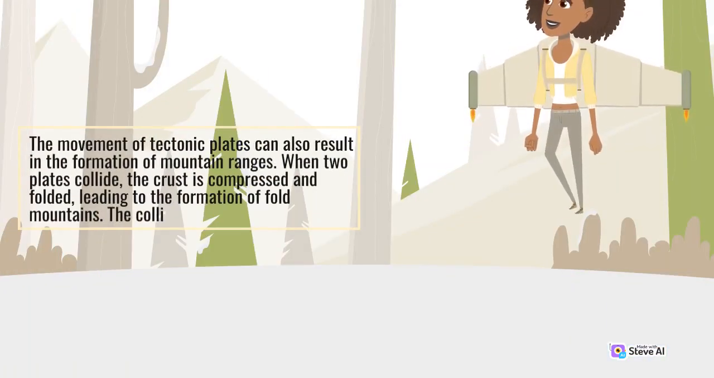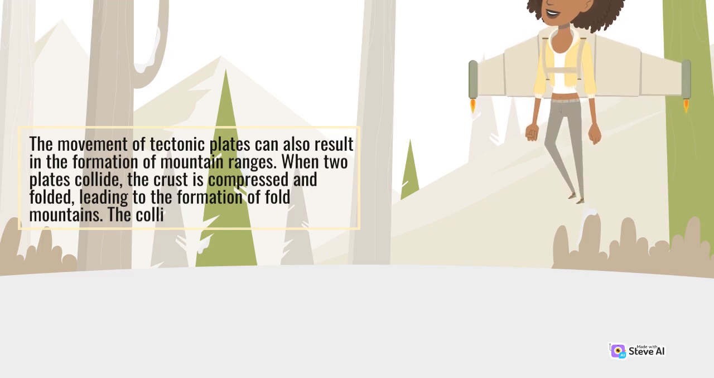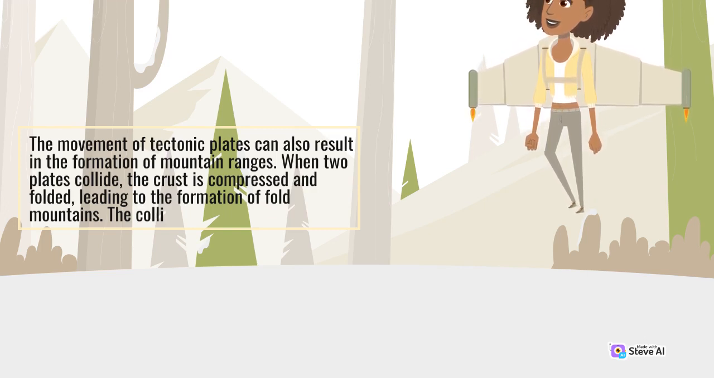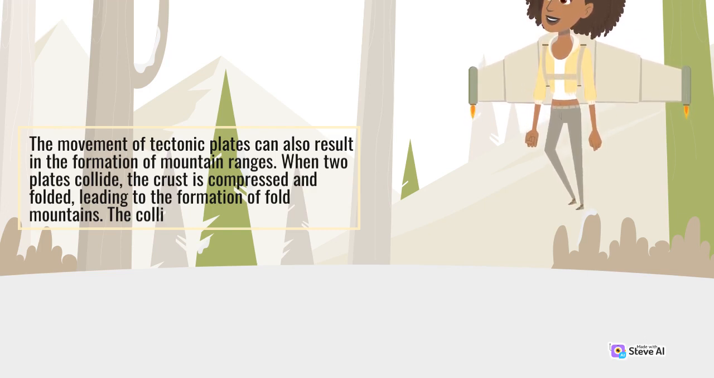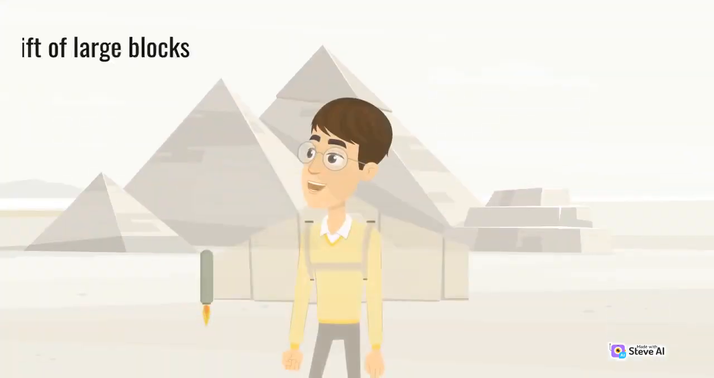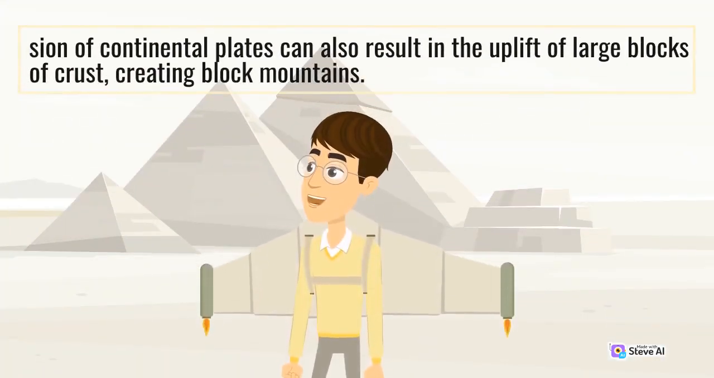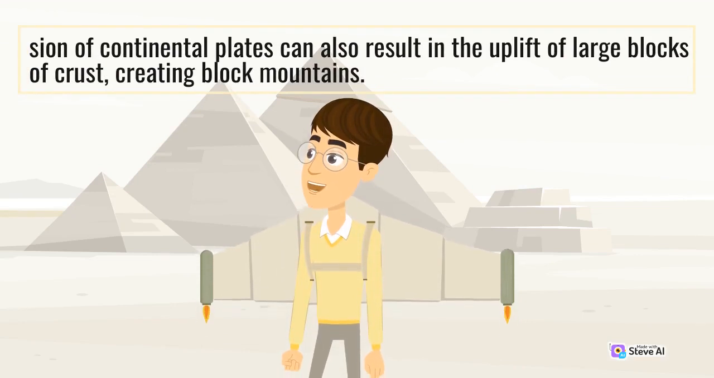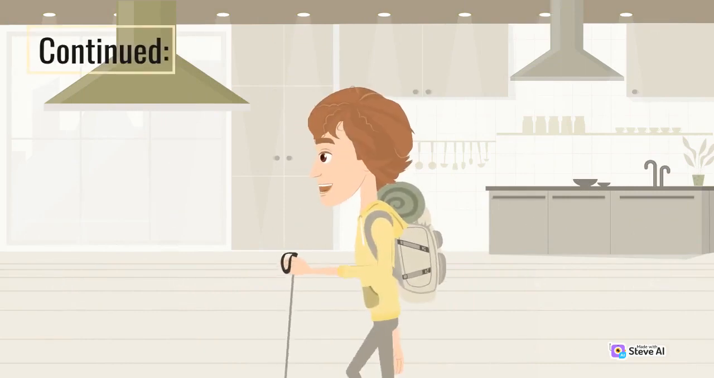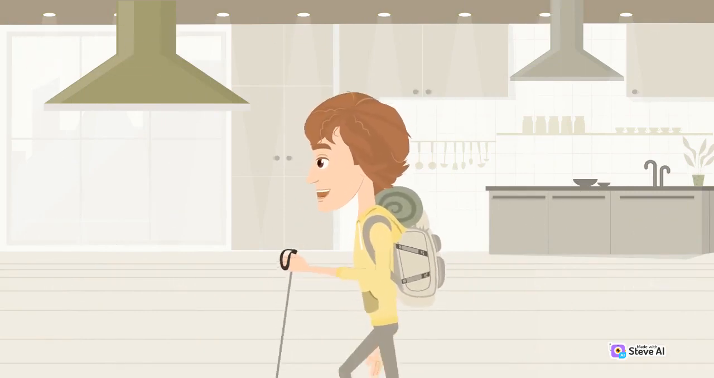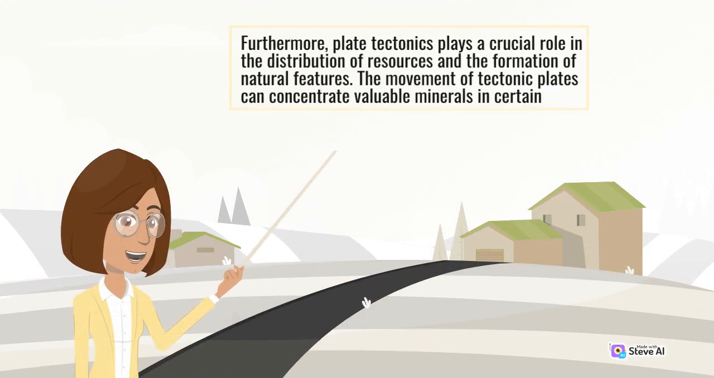The movement of tectonic plates can also result in the formation of mountain ranges. When two plates collide, the crust is compressed and folded, leading to the formation of fold mountains. The collision of continental plates can also result in the uplift of large blocks of crust, creating block mountains. Furthermore, plate tectonics plays a crucial role in the distribution of resources and the formation of natural features. The movement of tectonic plates can concentrate valuable minerals in certain